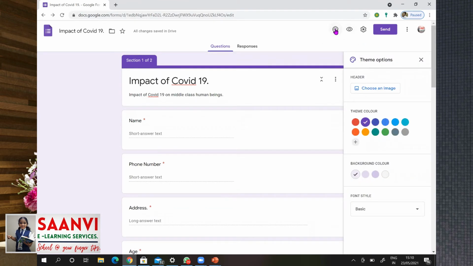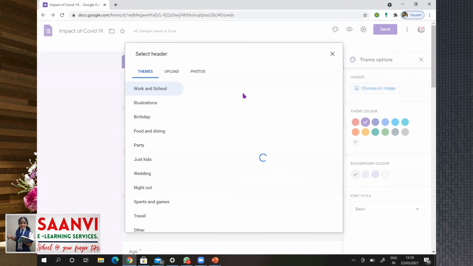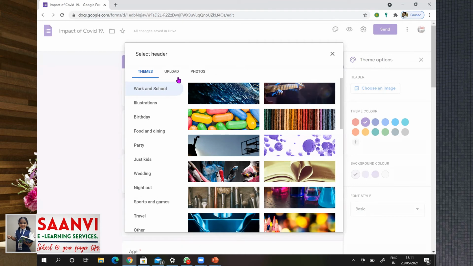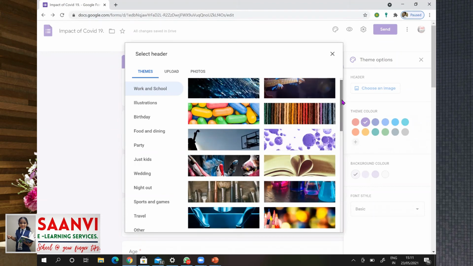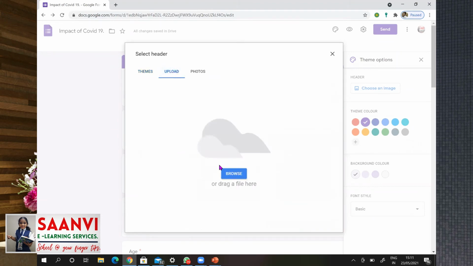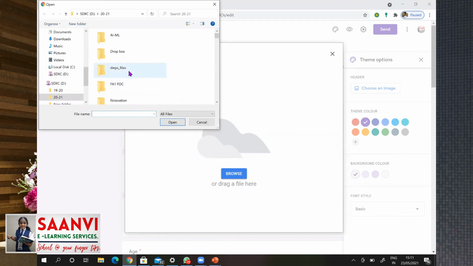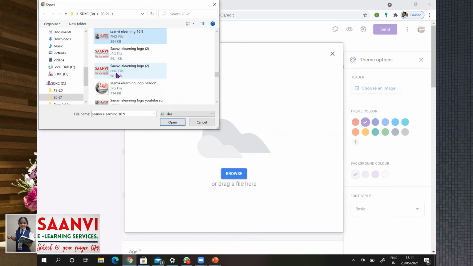Click on themes here. We can choose an image. As I'm conducting it from Sanvi e-learning services, either I can choose any of the picture from here, or else I can upload it from my system. Let me put my logo.